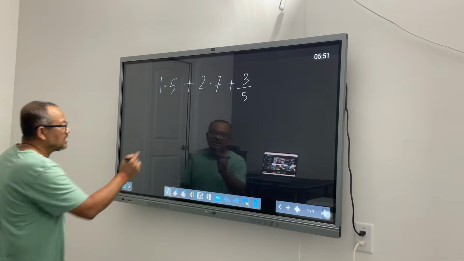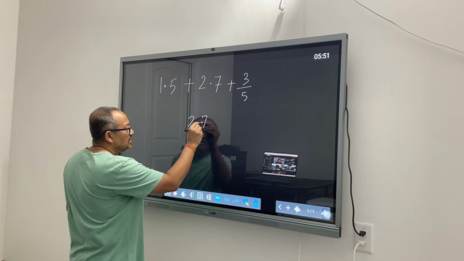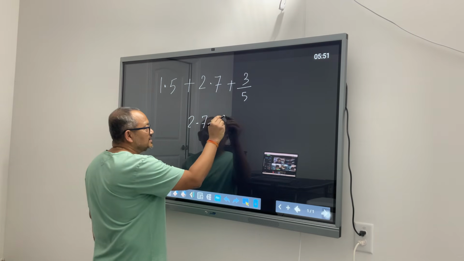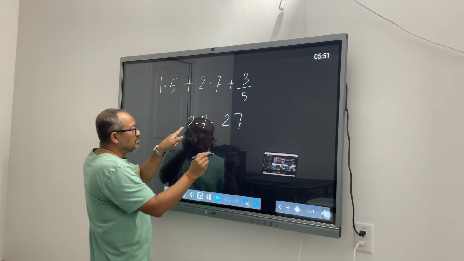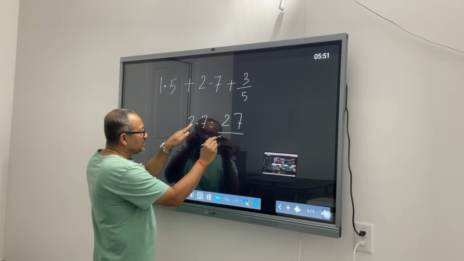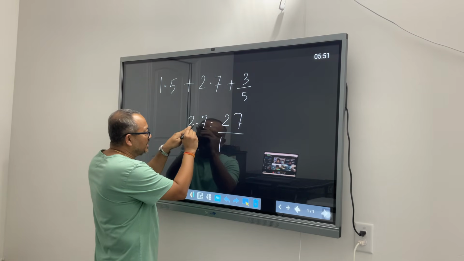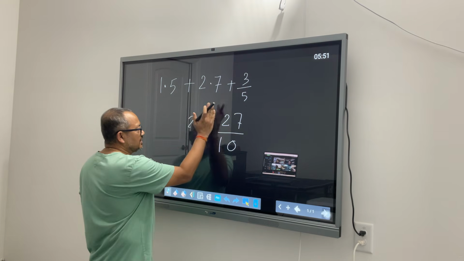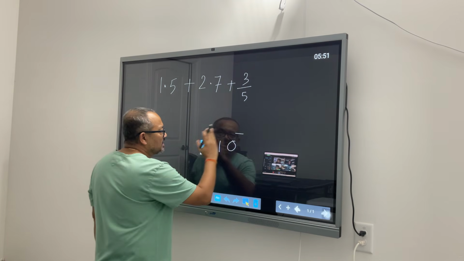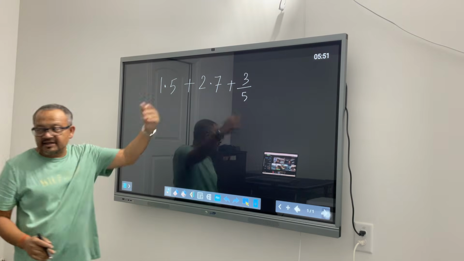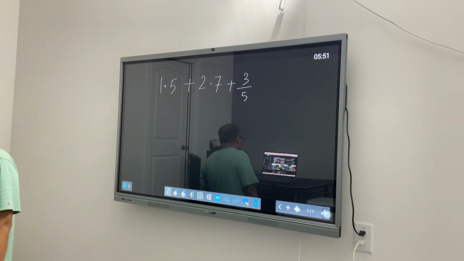That if you have a decimal, let's say 2.7, you can convert this to a fraction as, we'll write down the number 2 and 7, then 1 for the decimal and then count how many digits you have. Only one digit, this became your fraction. So you can convert everything to fraction and then add them together if you know how to add fractions. Yeah?